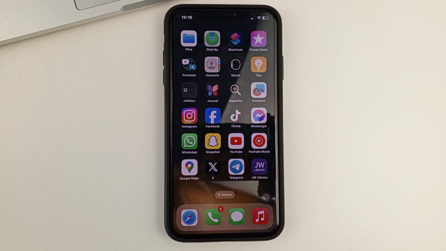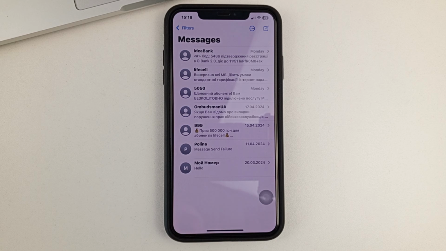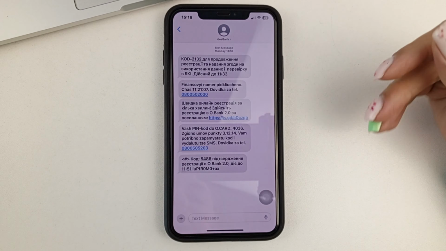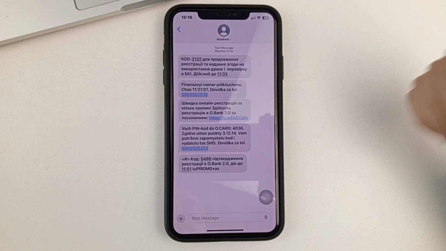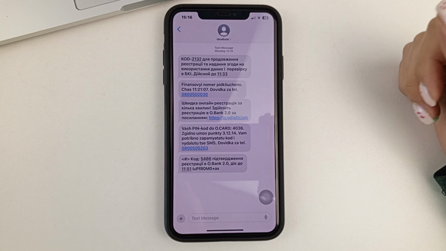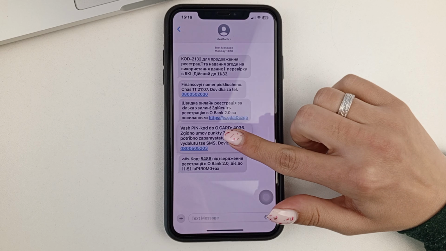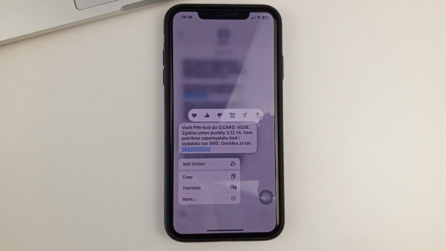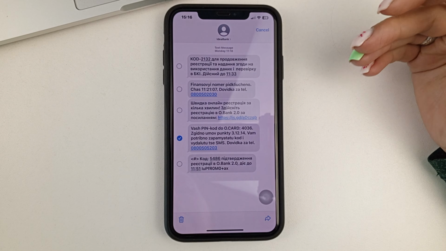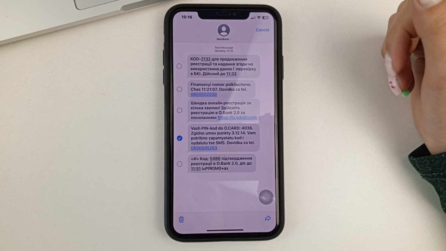So let us get started. Let's open the Messages app. If you need to delete a particular message in a conversation with a person, then you'll need to tap and hold on the message. Then select More, in order to highlight the message.